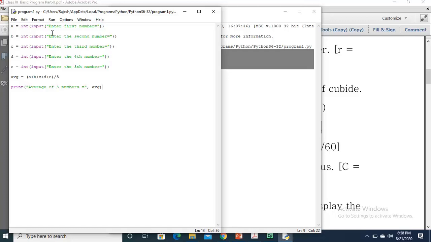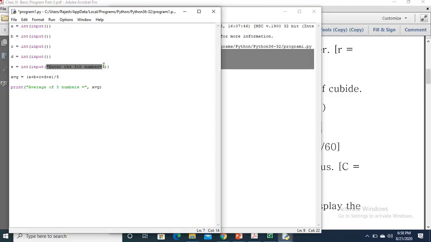Here you can use the message enter first number. Let's suppose I am not going to use this message here, nor this one. Now I am going to use the input without this message. You just see what is going to happen.